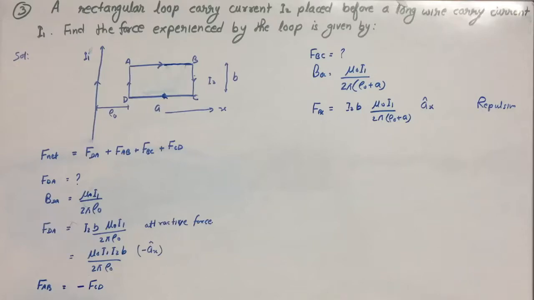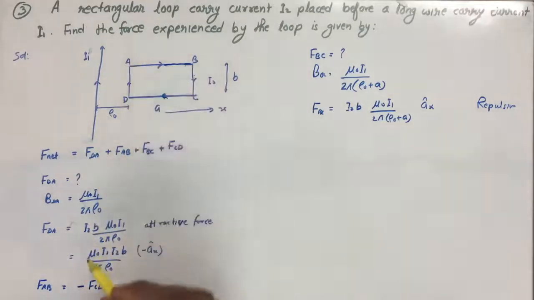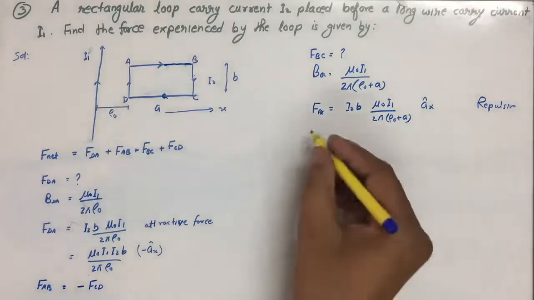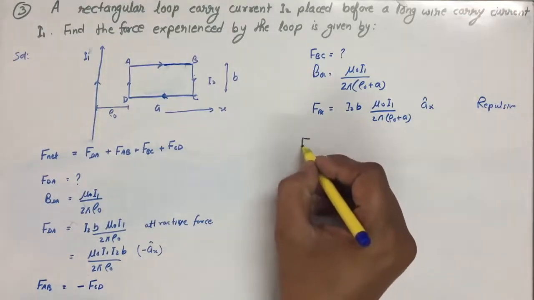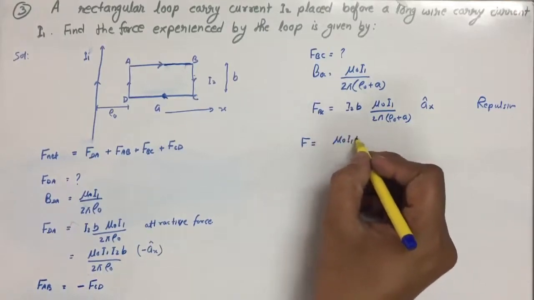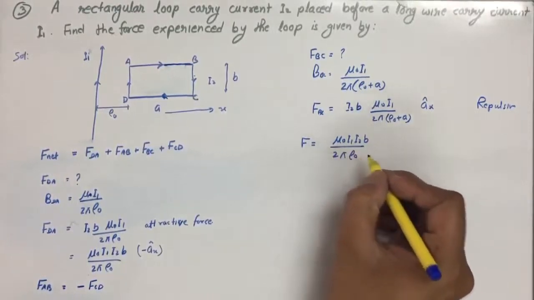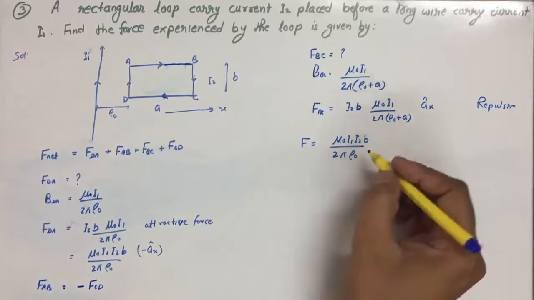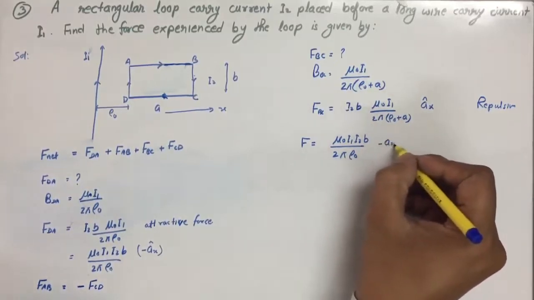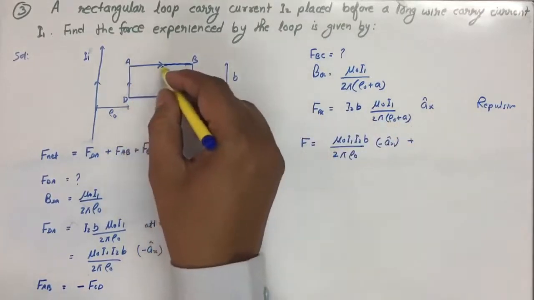Okay, so the force at BC is this, and the force at DA is this. And if we wish to find the total force, then we can say the sum of all these. So the total force will be mu naught I1 I2 B divided by 2 pi rho naught in the direction of minus AX in this, and